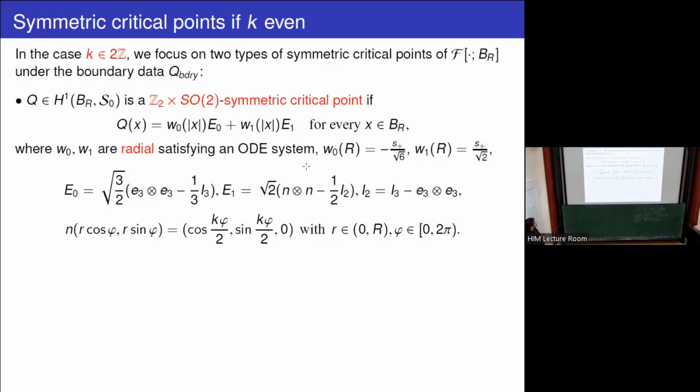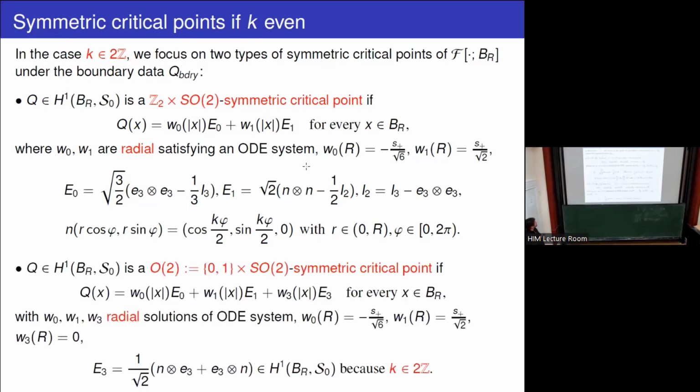And that will be very important because it will allow you to reduce the system for Q, which is a PDE system, to an ODE system for W0 and W1. Okay, so quite a significant reduction. And then you can have this less restrictive symmetry where you have a similar story, but now with 3 components instead of 2 components. So the same 2